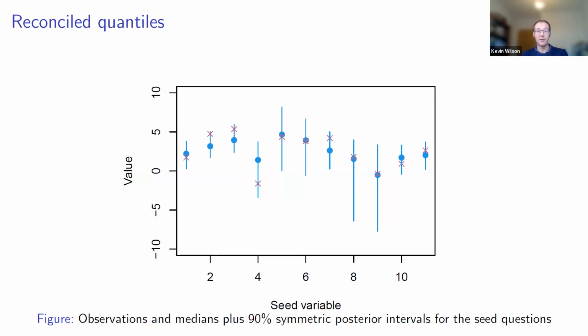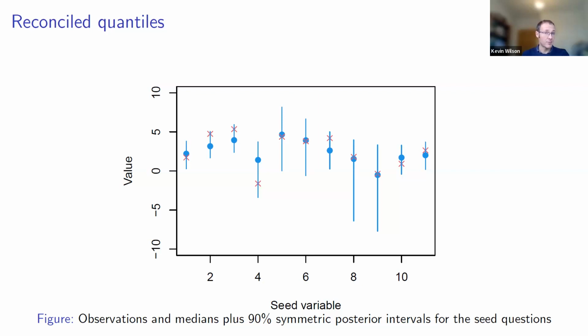So in theory, 9 out of 10 of these should contain the true answers on average, if it's a well-calibrated distribution. Hopefully what you can see here is that just by eye, this doesn't look like there's too much bias going on in the method. We've got true values which are both above and below the posterior median. And we've also got true values which are both in the center of the distribution and some which are closer to the tails as well. So on these 11 values here, it looks like something reasonable might be going on.